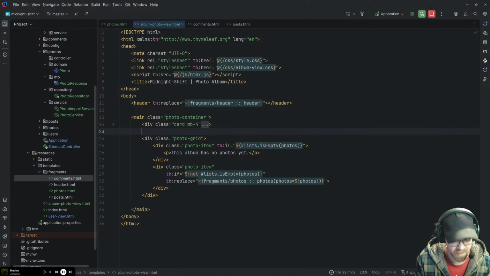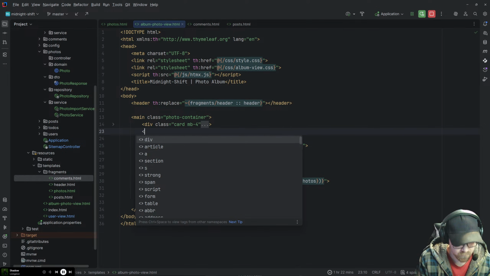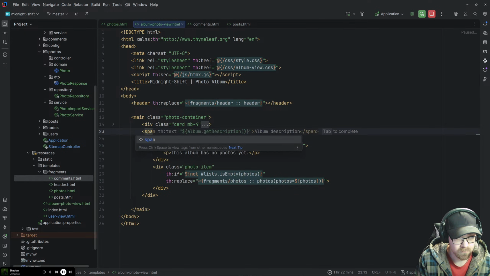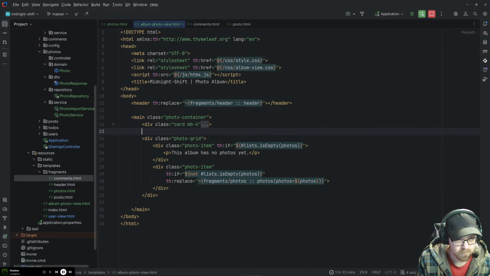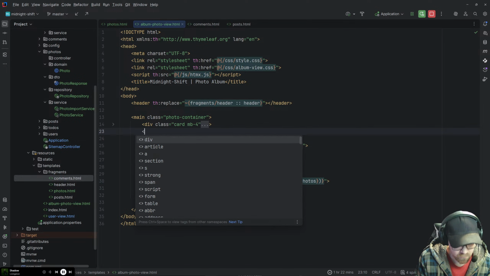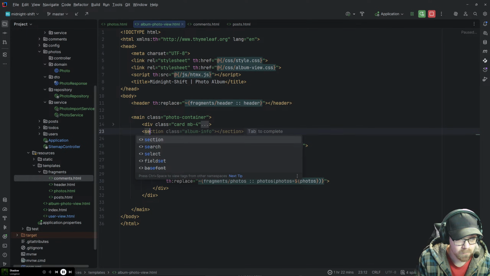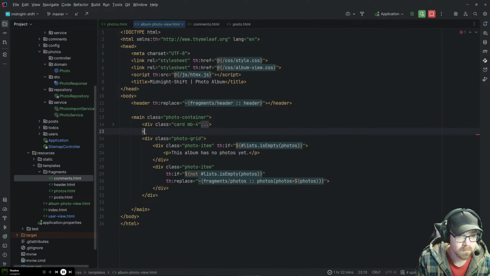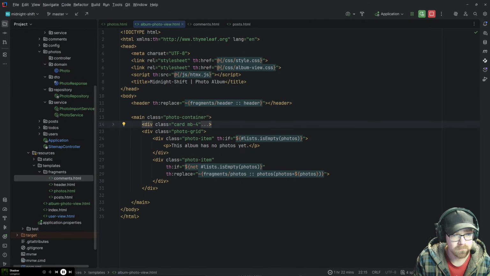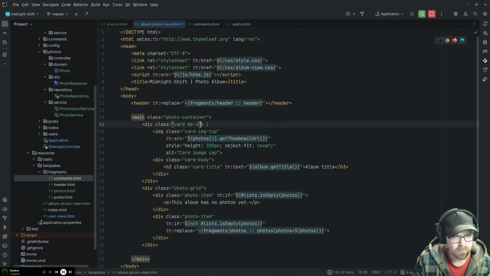I wish I knew how to add a spacer, like a separator. Can I call that a section?